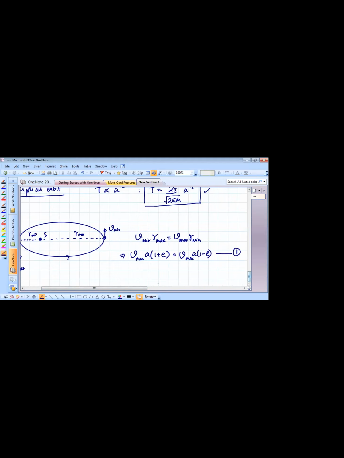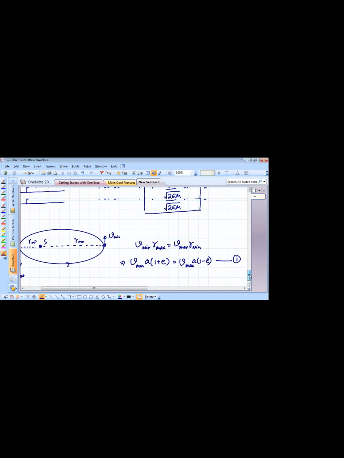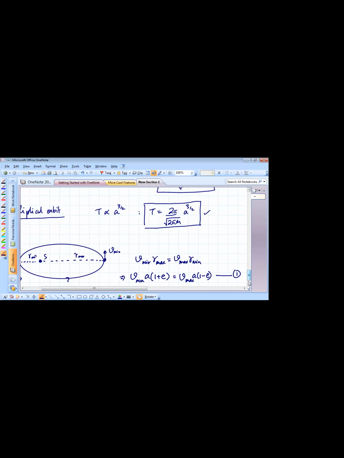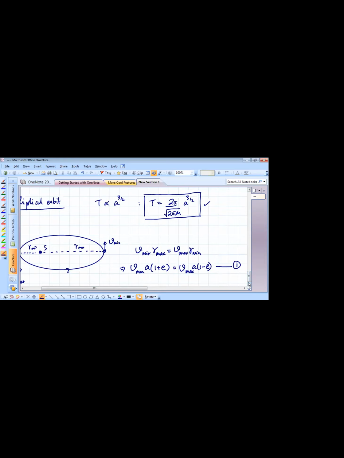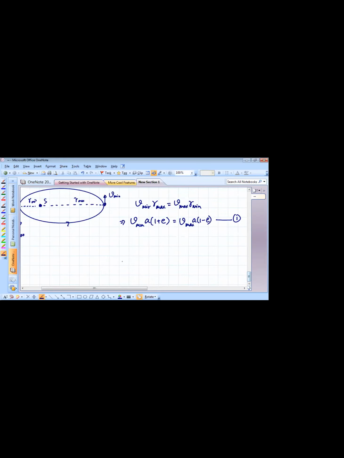So angular momentum conservation and energy conservation. So finally, you can understand the relationship between time period and energy. So that will be there. Now it is a matter of eliminating V max and V minimum. So you have that relation that half m V max square